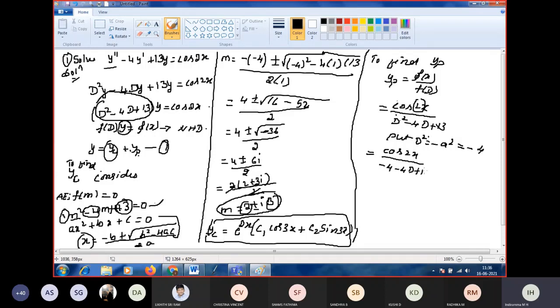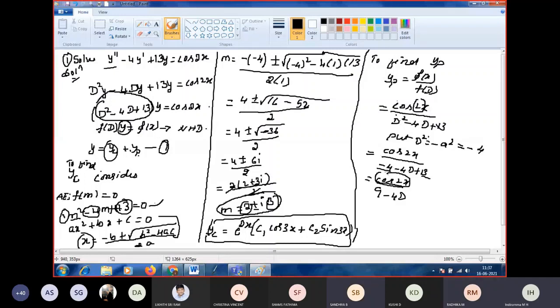Now simplify this. So cos 2x divided by, 13 minus 4 is what? 9. 9 minus 4d we got. So now, it is very important. All of you look here. Since the numerator is of the form cos,